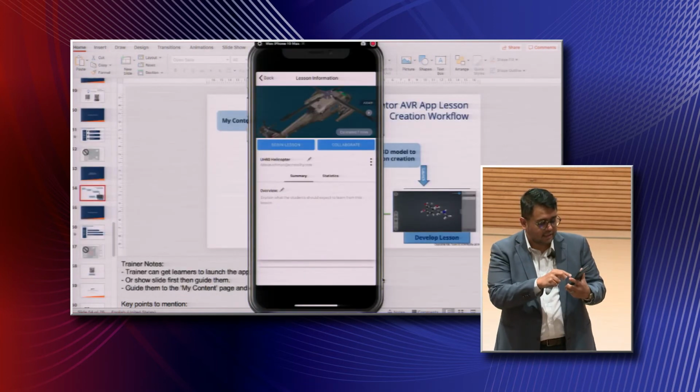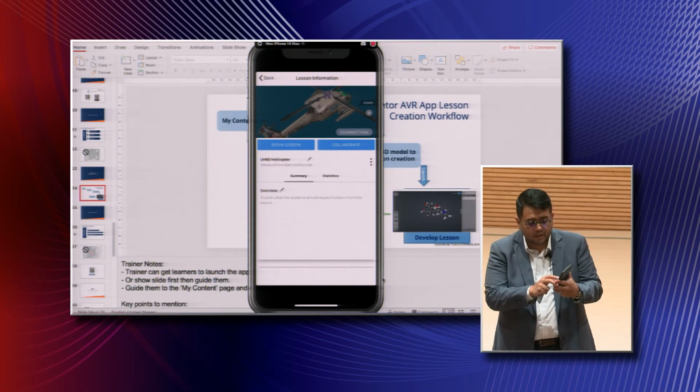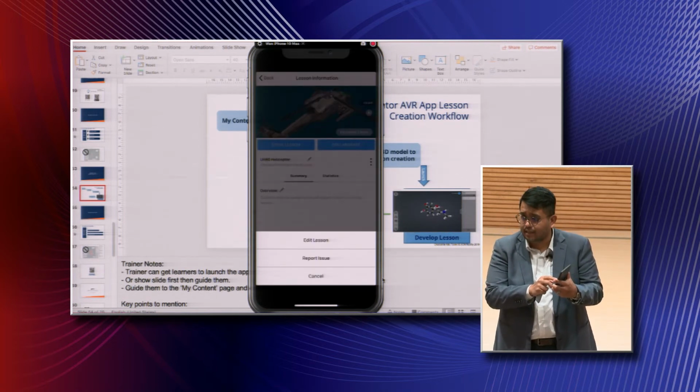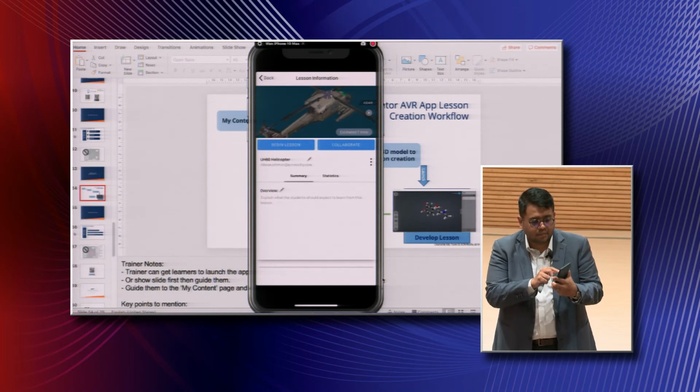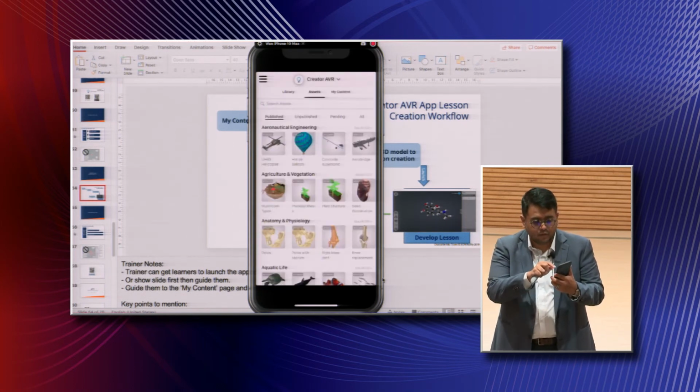And you will now actually have your lesson to preview. You're not publishing it yet. Anytime you want to edit, you can click this button to edit the lesson. You can also click on this plus to edit the overview and the objectives and so forth. And if you look back, you will realize now, if you go into my content,